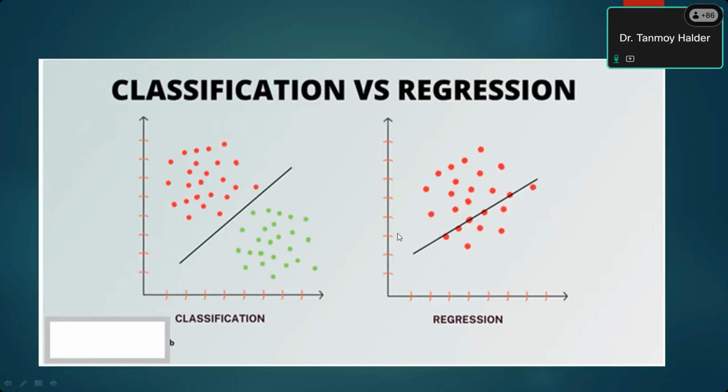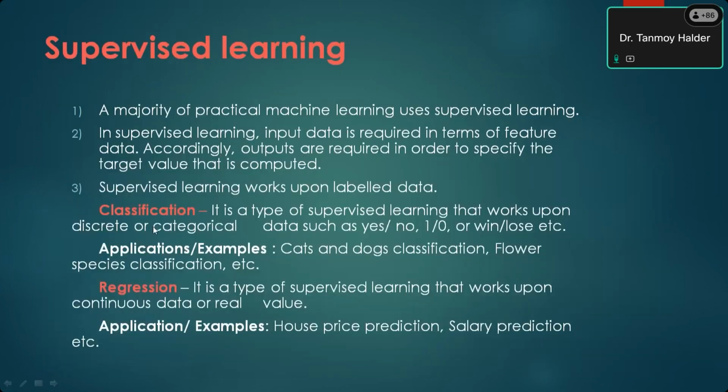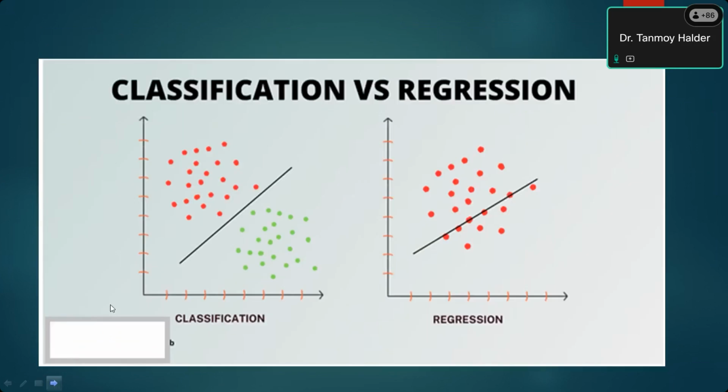This example I have taken to show you the difference between classification and regression that I told you already in this slide. In the first slide, there are classification and regression, two types of supervised learning. Classification means actually